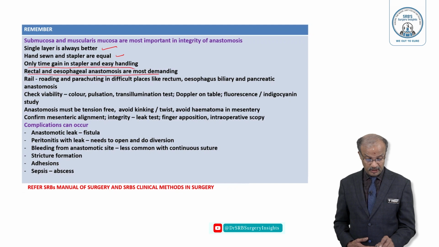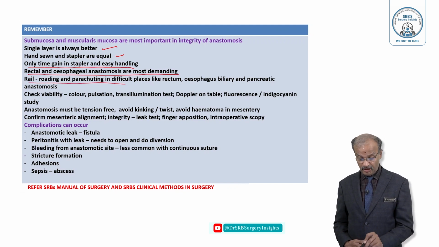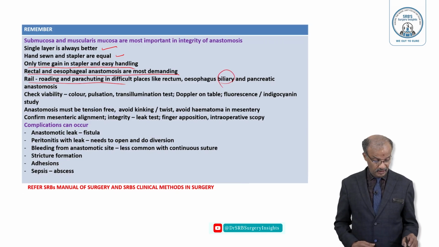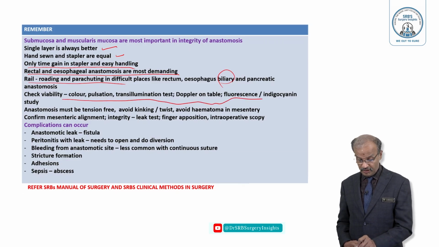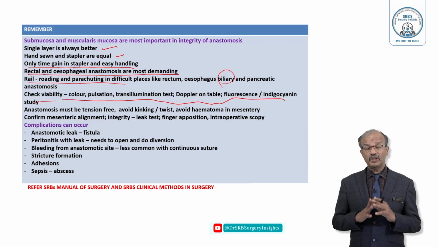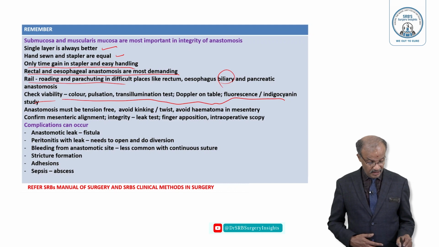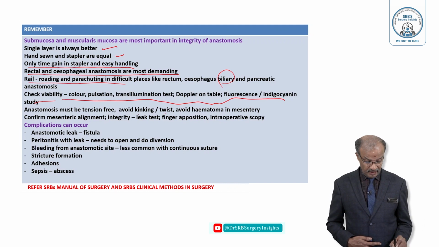Rectal anastomoses are most demanding, remember. Railroading, parachuting in difficult cases, especially in the rectum, esophagus, biliary system. When you do a biliary anastomosis, always do a railroading. Pancreatic anastomosis. Check viability, color, pulsation, transillumination, Doppler on table, fluorescence, indigo sign study. All these things are important. Viability of the bowel is most important to check before concluding the anastomosis after resection. If it is not viable, cut further. That is an important thing. And it must be tension free, avoid kinking, twist, avoid hematoma in mesentery, confirm mesenteric alignment, integrity,